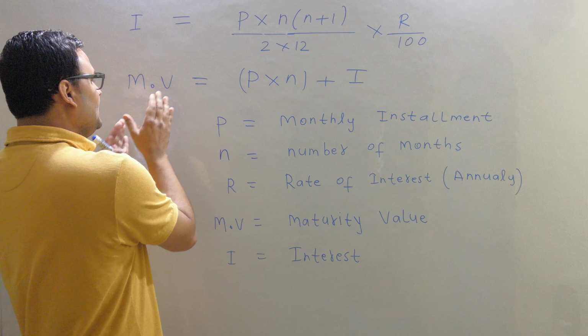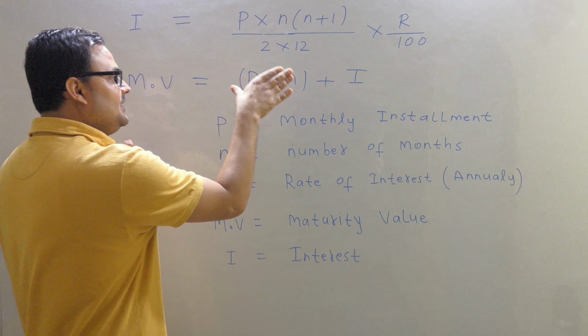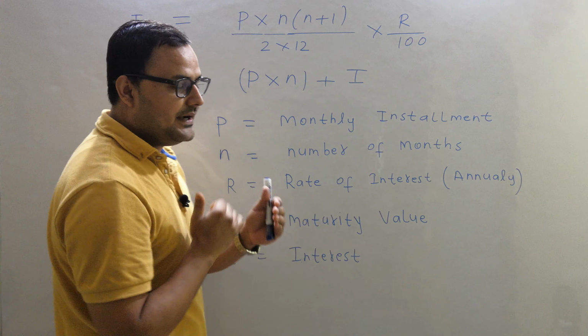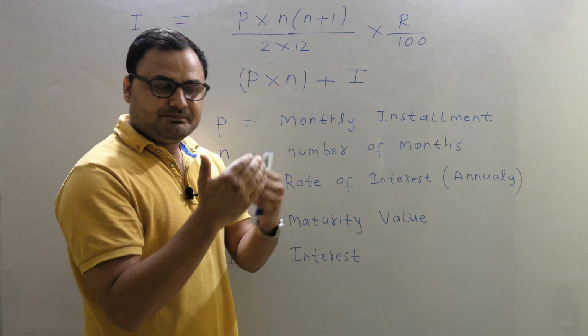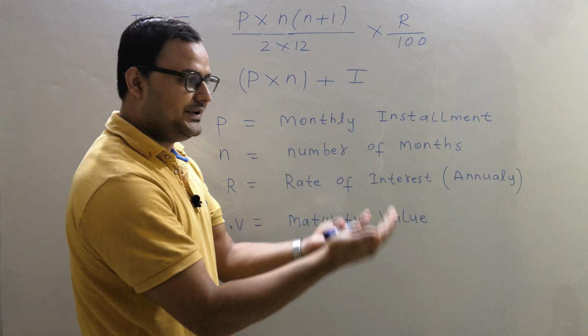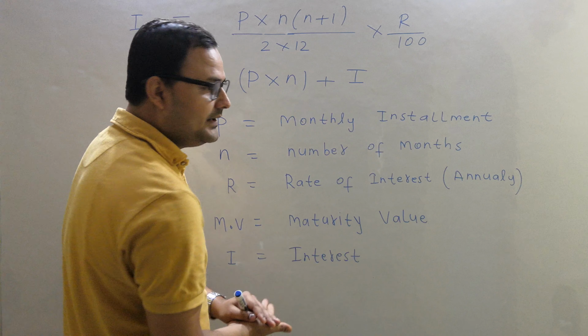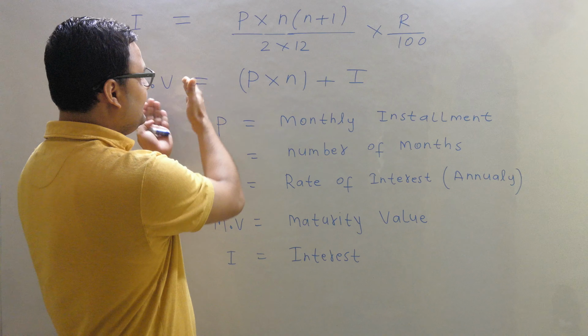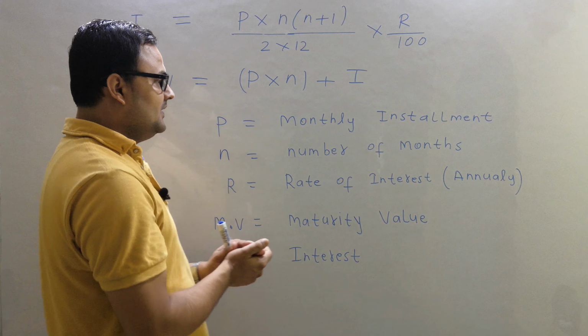MV, just as I told you, the maturity value means the total amount that I am going to get after a fixed time, 2 years, 3 years. It will be given in the question. I is the interest we did in the starting. So again I am saying this is the easiest topic from class 10th ICSE. So we will do some questions, then this is going to be very easy to you.